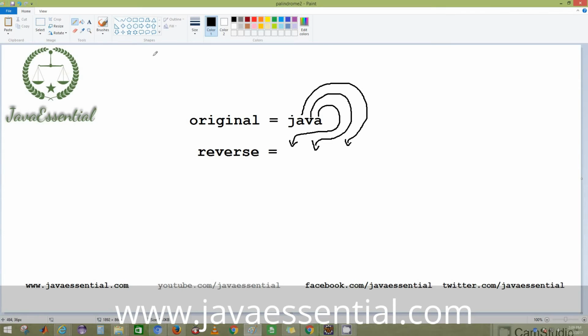So how we will do that is, the index of this original string will be 0, 1, 2 and 3. To get the last character, we just have to take the length of the string. The length of the string is equal to 4, but the last index is 3. So we have to subtract 1. We just have to take the length of the original string and subtract 1 from it. And from here we have to continuously decrease our value till the last character. Okay, so let's start the coding.